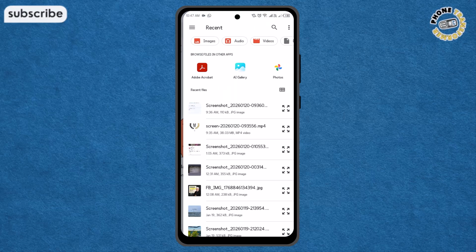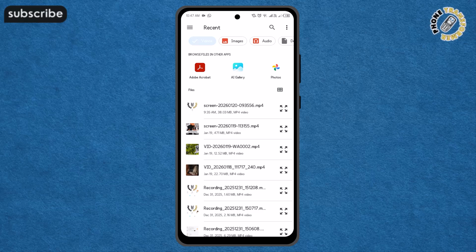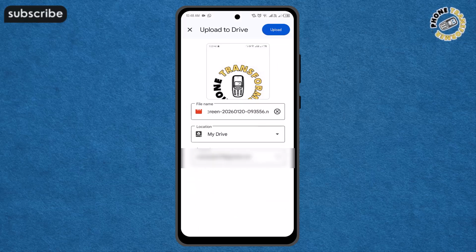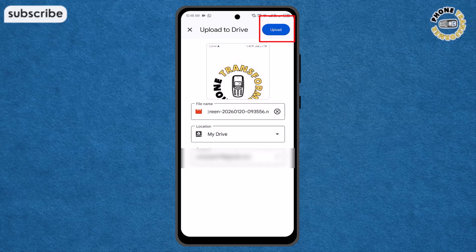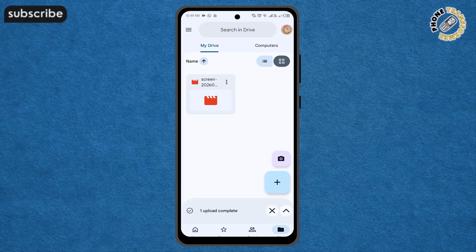to send via text. Step 4, select the specific long video you want to send from your gallery or file folders. Once you tap on the file, the app will begin the uploading process so that the video is safely stored online for sharing. Step 5, find the video you just uploaded within your Drive list and click the 3